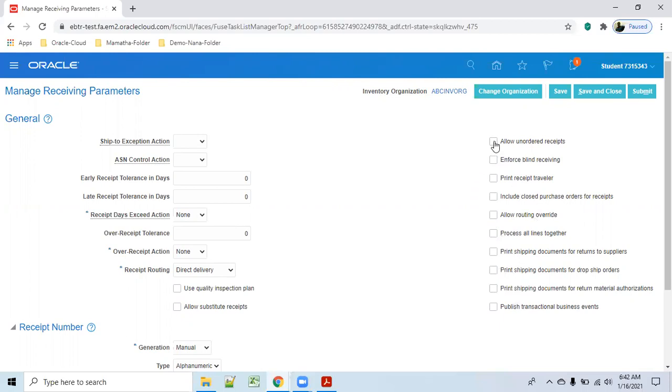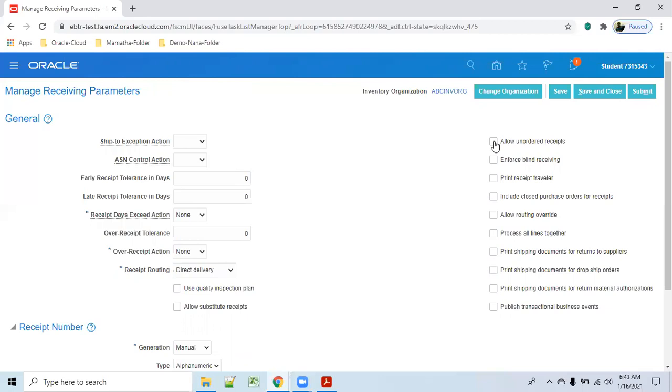Allow unordered means you have not ordered. Sometimes what will happen? Let us take Flipkart or Amazon. You are a valuable user to them. Whenever they are launching new products, they will send samples. You have not ordered anything from Flipkart, but you got something at your home.